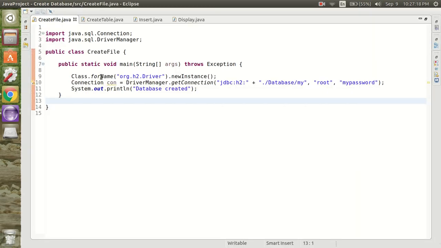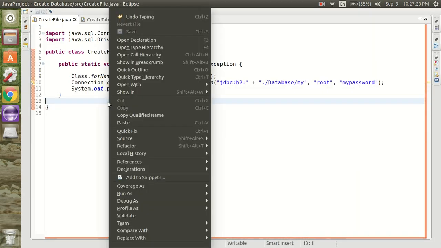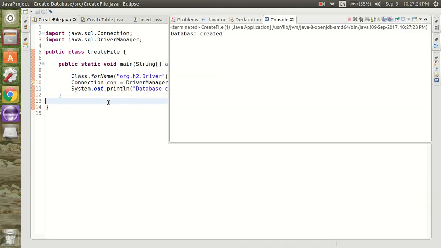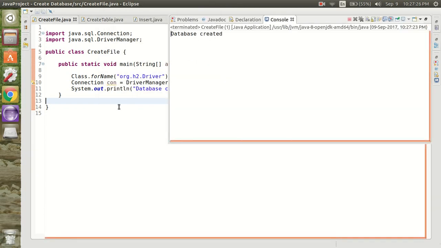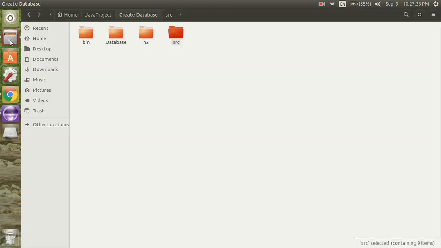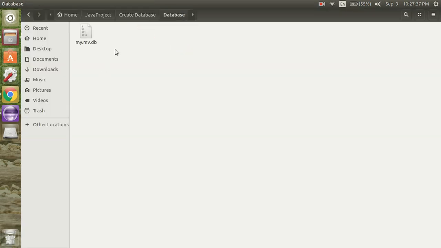So we are going to run this program, and okay, database created. To verify this, we are going in the folder so that we can get to know whether the file is created or not. my.mv.db file is created. So database has been created successfully.